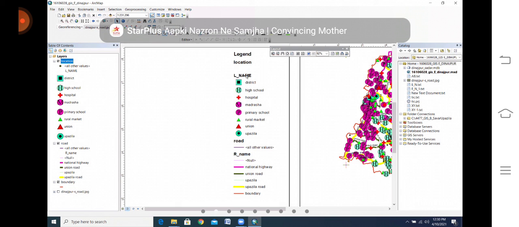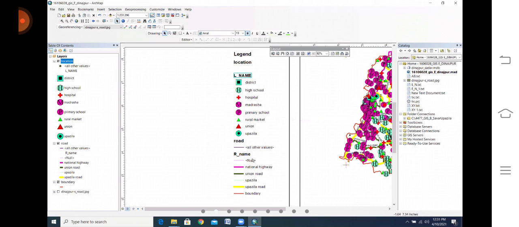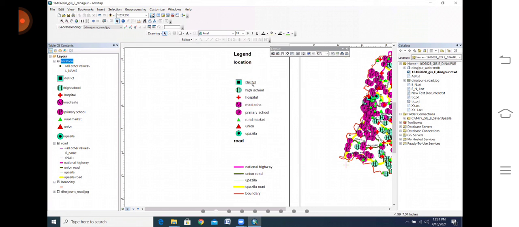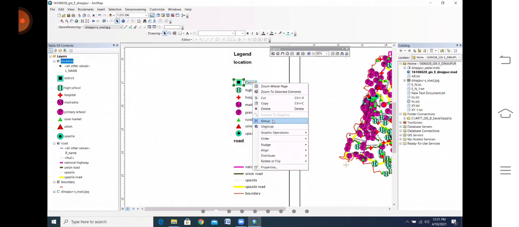Suppose this name you need to change. Unnecessary thing. Look what I am doing now. Suppose this is the location. On the basis of your legend, as for example this thing, you need to change it. So you need to again right button click, ungroup it. Then double click it. Look. Double clicked it and D should be okay. So again you need to select by control, right button click, group it.